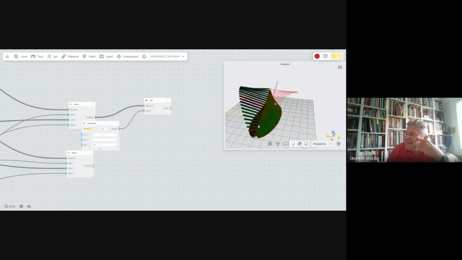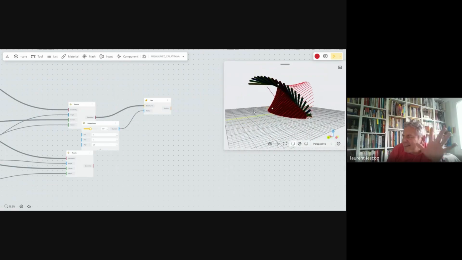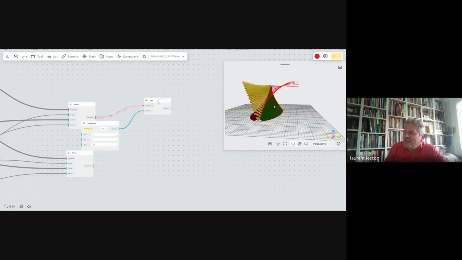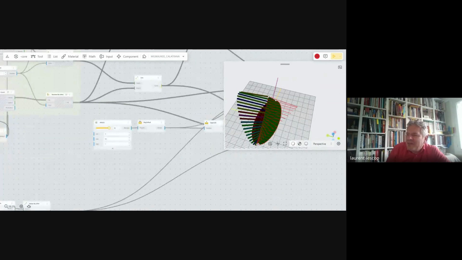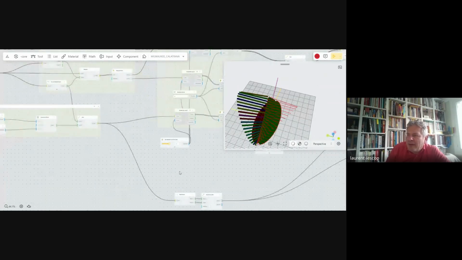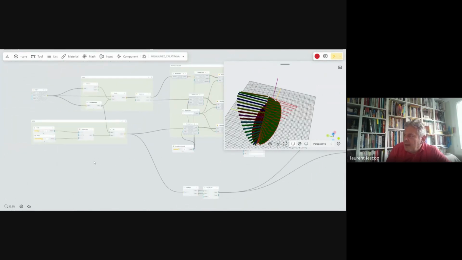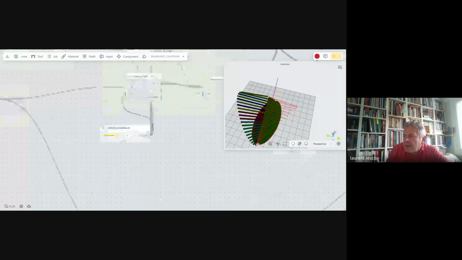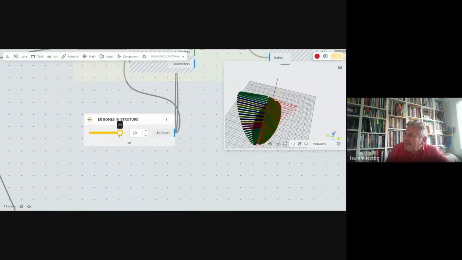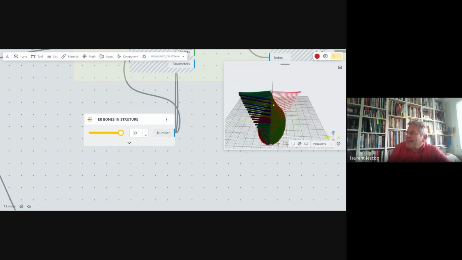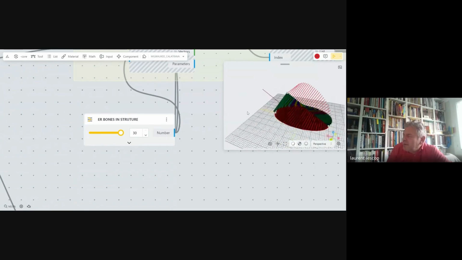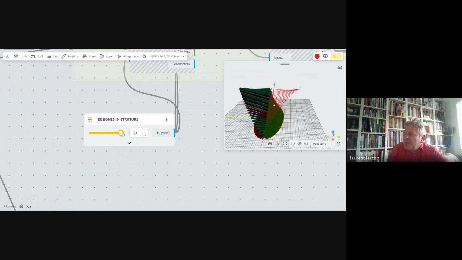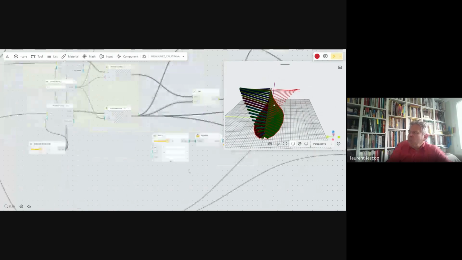This is very lazy and this is not very nice. Let's say, okay, if we really start and we don't have a lot of time, it could be a way. So to make it nicer, I can increase the number of bones here. So that is going to be more dense. But you can see this way that it's only straight lines, and there are no curves, and it really works for this optical illusion.